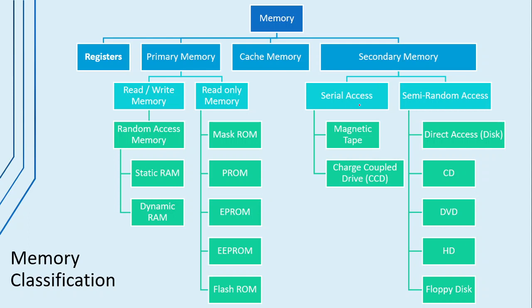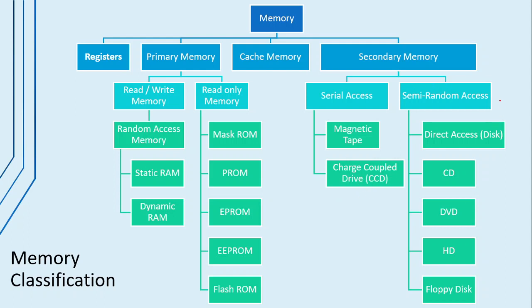Now in serial access mode there are lots of types of memory that come into this part, but here I have mentioned just two. The first is magnetic tape, in which you can access your data in serial mode; an example is your song cassette. Then the charge coupled device. Here it is made up of different kinds of materials in which you can store your data in serial mode, and you can access your data again in serial mode. It has some kinds of logic area and these things are used.